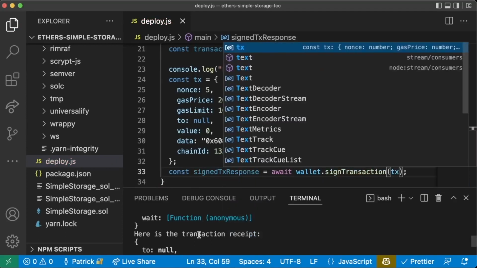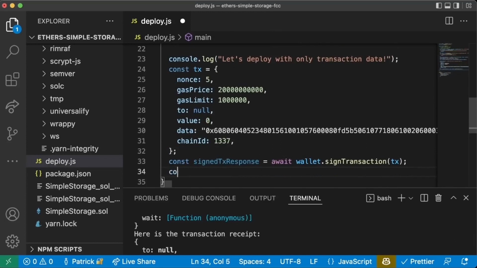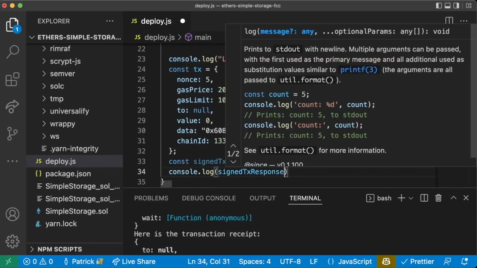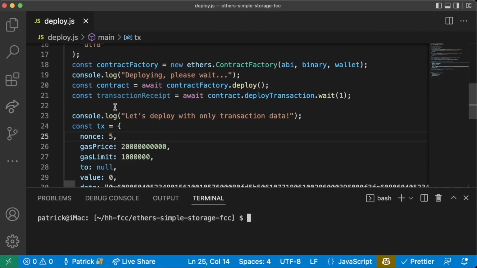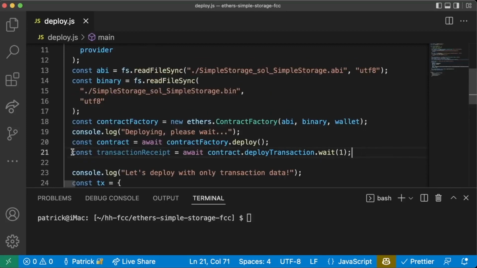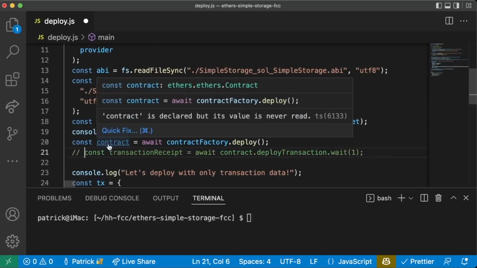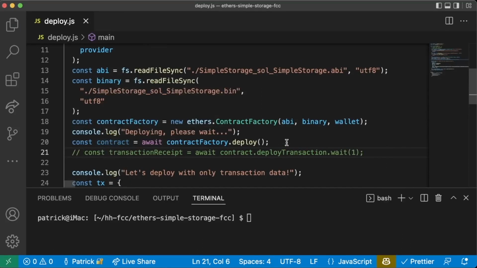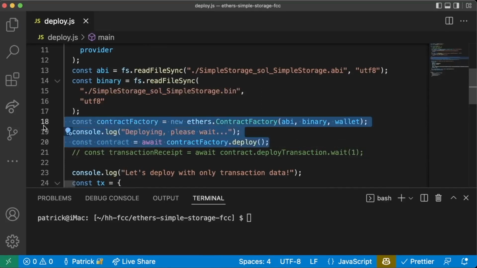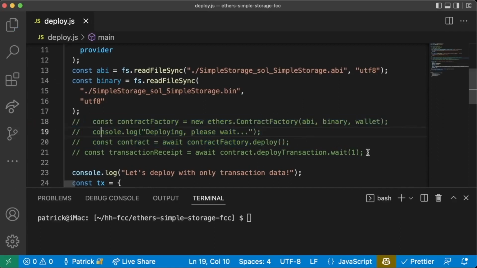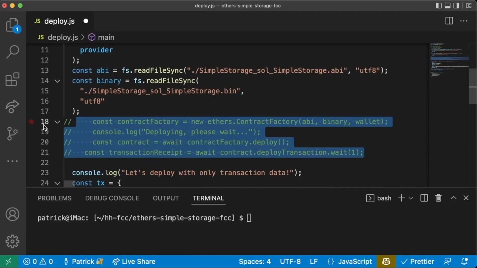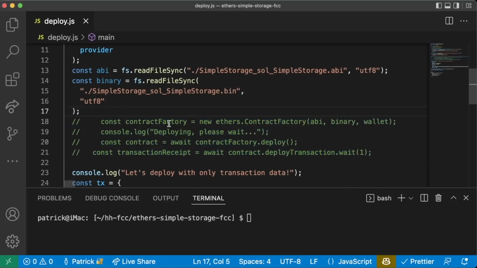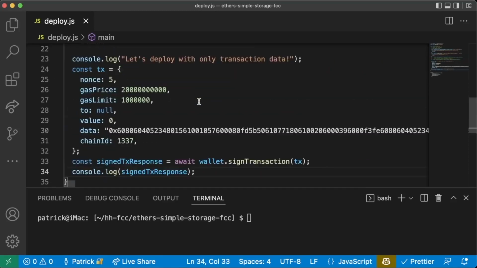And we can pass that tx object, and then we'll do a console.log of the signed tx response. In JavaScript, same as Solidity, if you type 2 backslashes before some code, it won't run that code. So I'm going to go ahead and comment out these 3 lines above. And the way that I'm doing it is by highlighting the sections and hitting Command \, or you might hit Control \, but this is a keyboard shortcut you can use to quickly comment out entire sections. And the reason I'm doing this is because I want to show you what happens when we just run